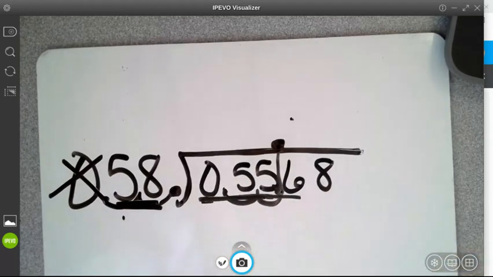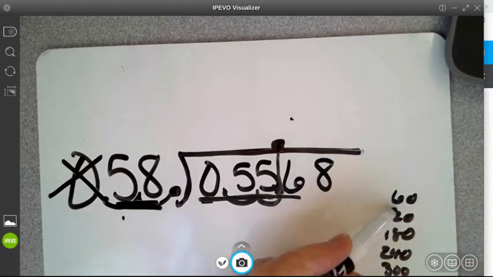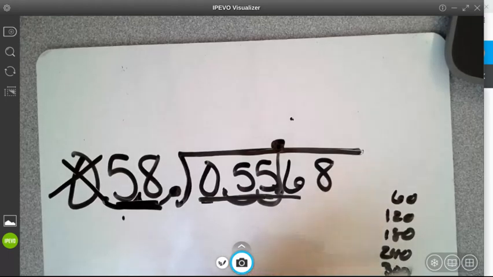I'm going to think about that for a minute. What is a guess that I would make? I'm going to estimate right now and try to get as close as I can. When I'm thinking 58, I'm going to actually think 60 and count by 60s. 60, 120, 180, 240, 300, 360. And I'm just counting literally by sixes with a 0 on the end. So 6, 12, 18, 24, 30, 36, 42,